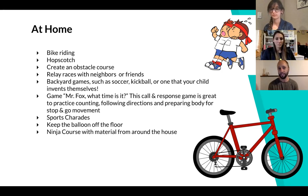Hopscotch is one of my favorite activities. You can do so many creative things with that, right? We all think about hopscotch as jumping on 1 foot to 2 feet to 1 foot, 1 foot, 2 feet, and so forth. But hopscotch can be so much more than that if you use your creativity to target those things. If you're jumping for a while, you get up to 10 squares that you're jumping with 1 foot or 2 feet, then you add a little twist in there, or you add a little squat to jump, or you put a little obstacle in the way of the hopscotch,